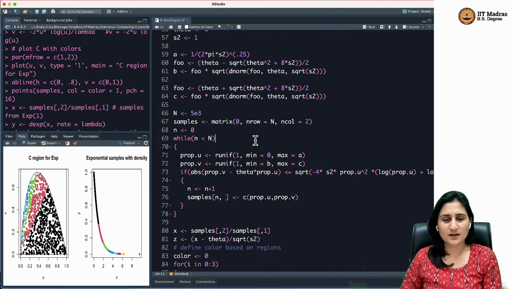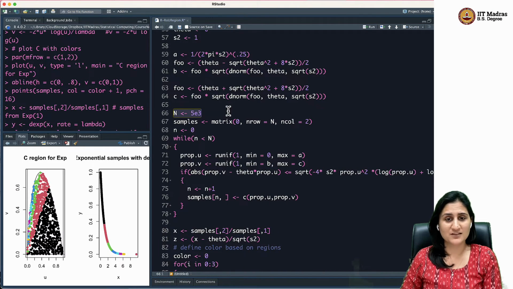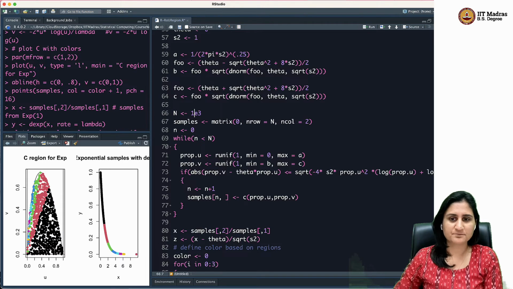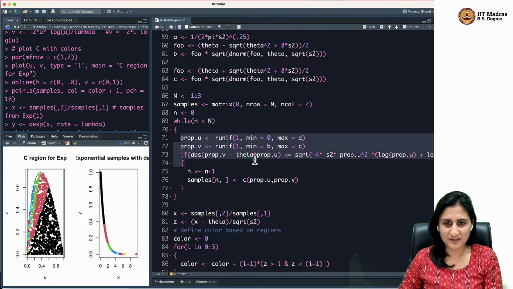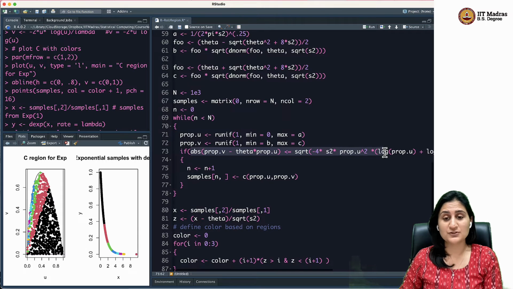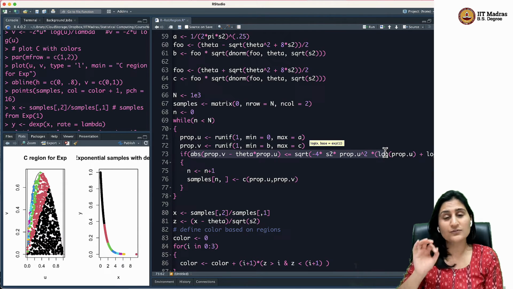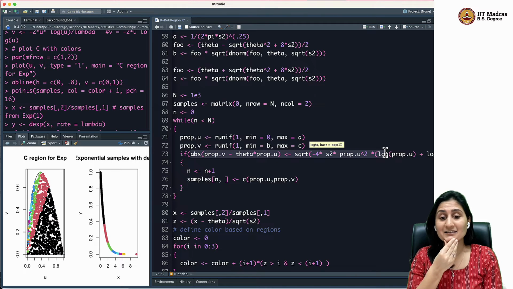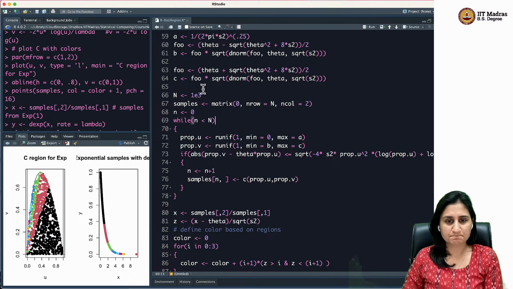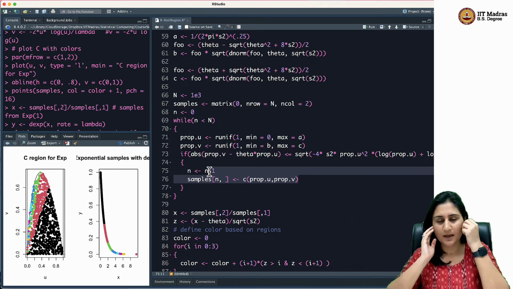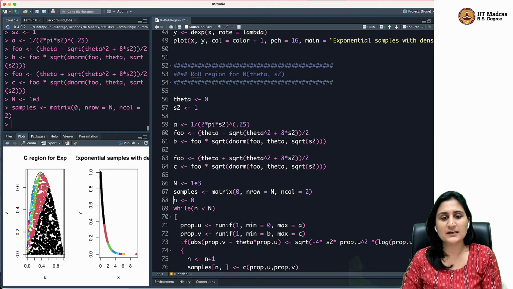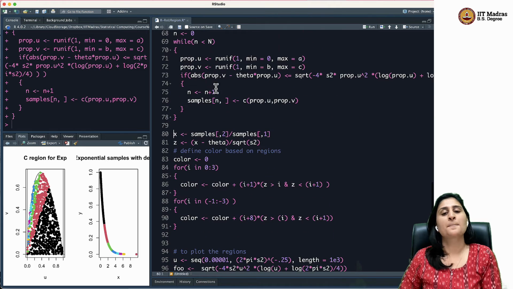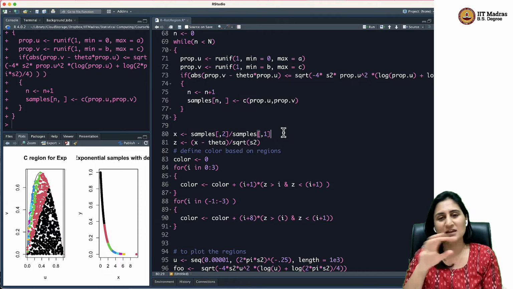Now, I know I want 5,000 samples now from this Gaussian. Let's change it to 1,000. And again, I'm storing my samples. Now I'm storing prop.u and prop.v. Then I'm checking if the sample drawn, the uniform samples on the rectangle, is it inside the region C or not? If it is, then I go ahead and accept, and I have gotten one acceptance, right? So all's good once I've gotten an acceptance, and I keep doing it until I get capital N acceptances. Okay. And then I use the same thing. So exactly how I'm color coding and making these plots,